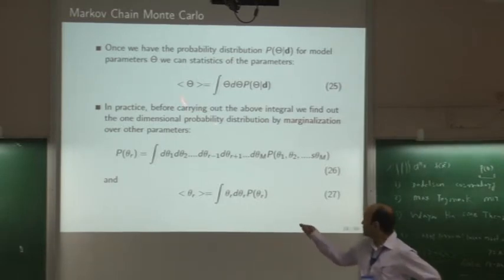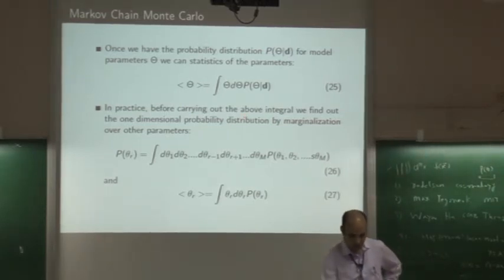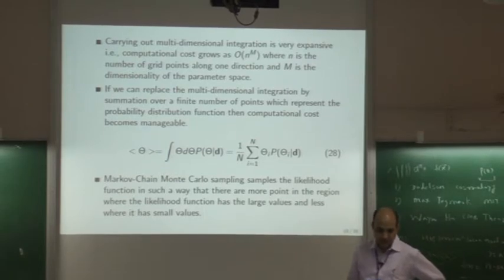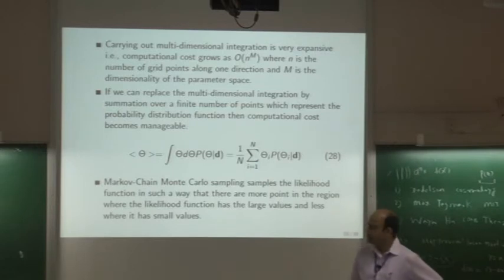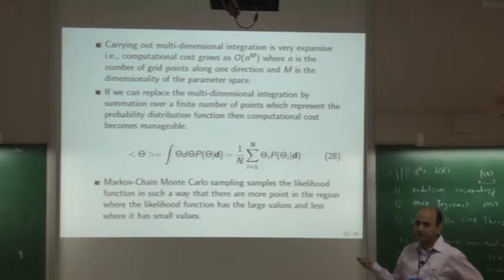But again, this still remains challenging, whether you do this integral or this integral. This will be an n minus 1 dimensional integral and this is an n dimensional integral. So we have to do something to reduce the computational cost. And there is something called sampling. Particularly there is something called the Markov Chain Monte Carlo method, and it's just part of a family of Monte Carlo integration methods. This is a very interesting problem in itself.